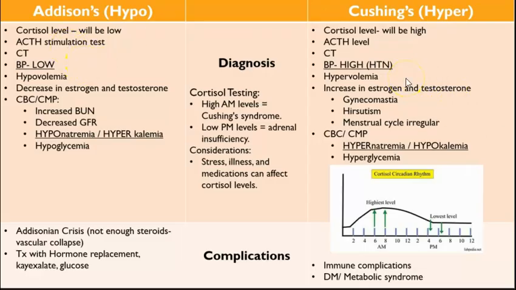But if we give it and it maintains and keeps building and building by the morning, they're going to be Cushing's. Now our complications with our cortisol. With Addison's, if we don't have any steroids, everything is really slow. We don't have salt, we don't have sugar, we don't have fluids, we don't have a blood pressure, and ultimately it's going to lead to we don't have a heart rate. So Addisonian crisis means that we do not have enough steroids and the patient is high risk for circulatory collapse. No fluids, no heart rate, no cardiac output.